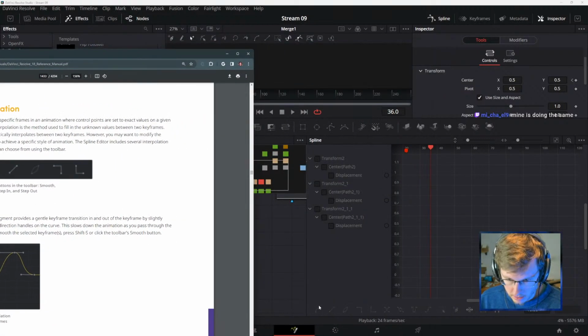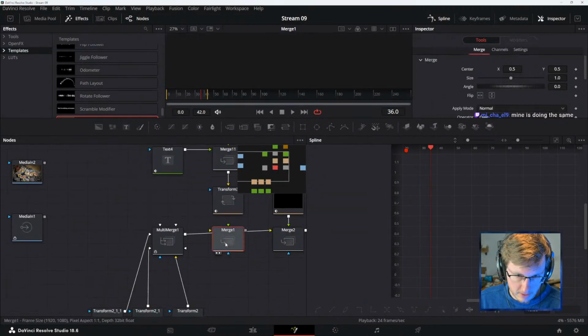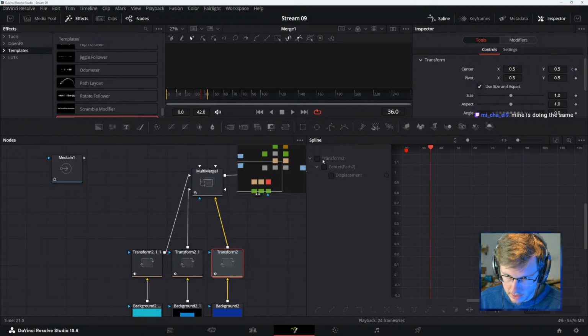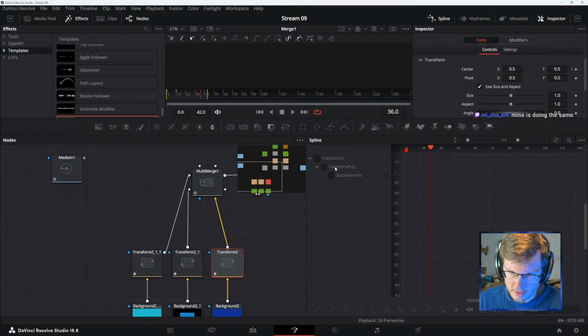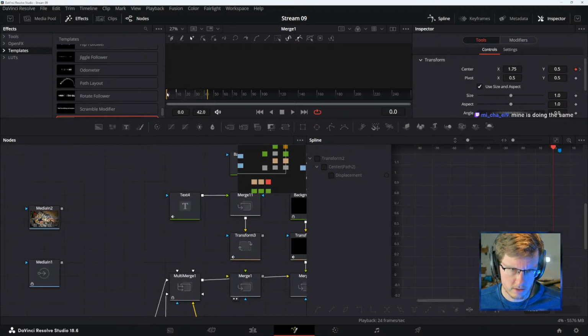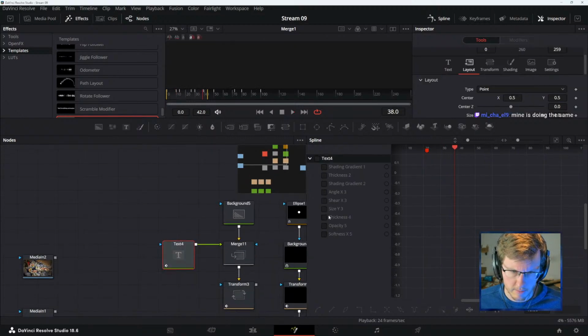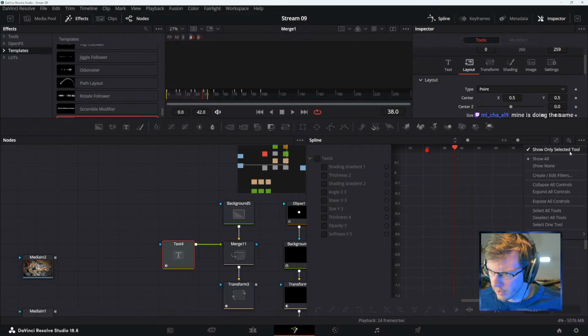So down here, if you have something that you've animated, you can have it step. Why is it not, what is going on here? What in the carnation, what happened? I broke something. Now I can't select any of them. Show only selected tool.